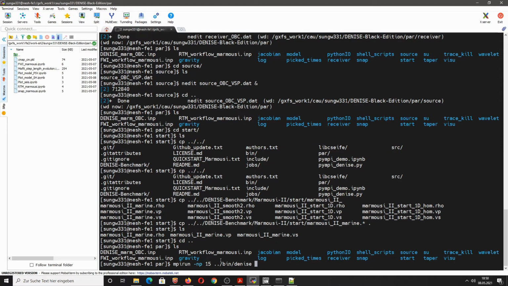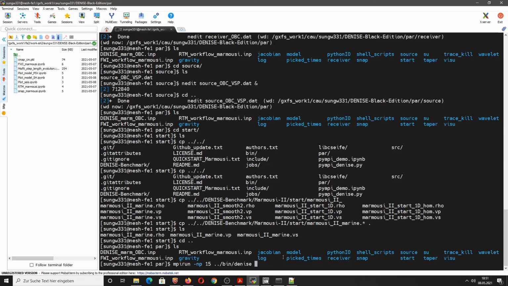So we go one directory up with ../bin and then the binary denise, and then we have to define the parameter file, which does not only include the modeling parameters but also links here the receiver and source position files and all the output that we want to create.